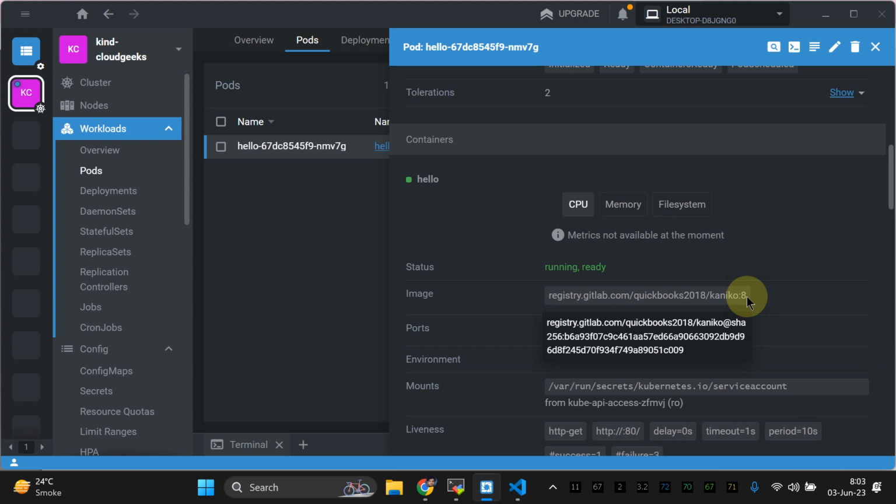So this is how you can use Kaniko, Argo CD, Helm, GitLab private